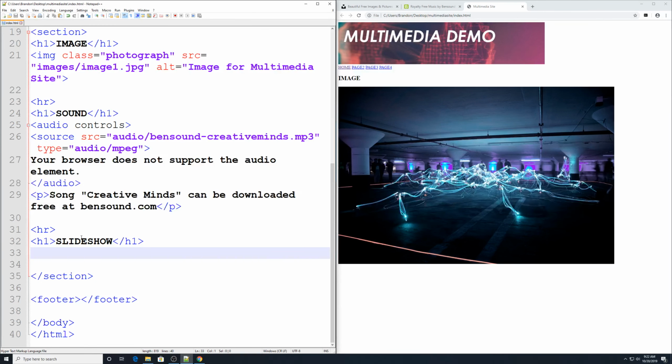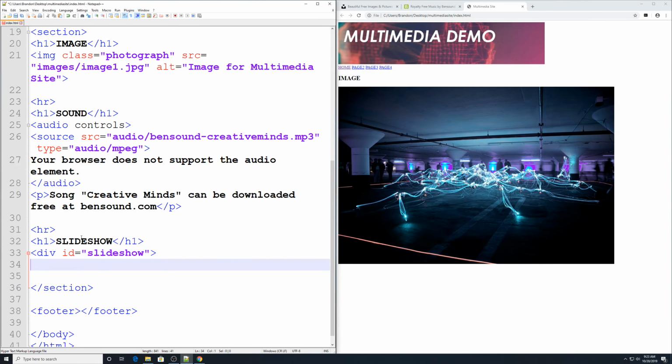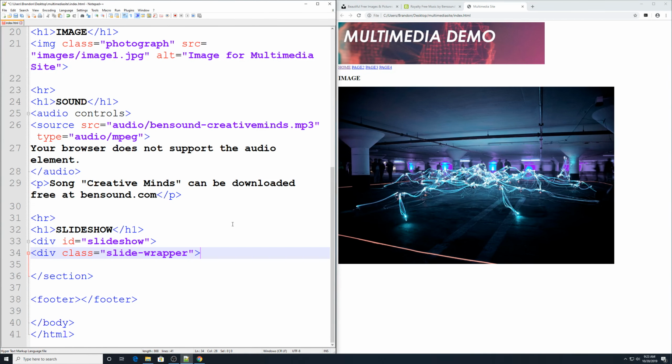So I'm going to add a div, and I'm going to give this div ID equals slideshow, and then underneath that I'm going to give this div class equals slide-wrapper. Okay,